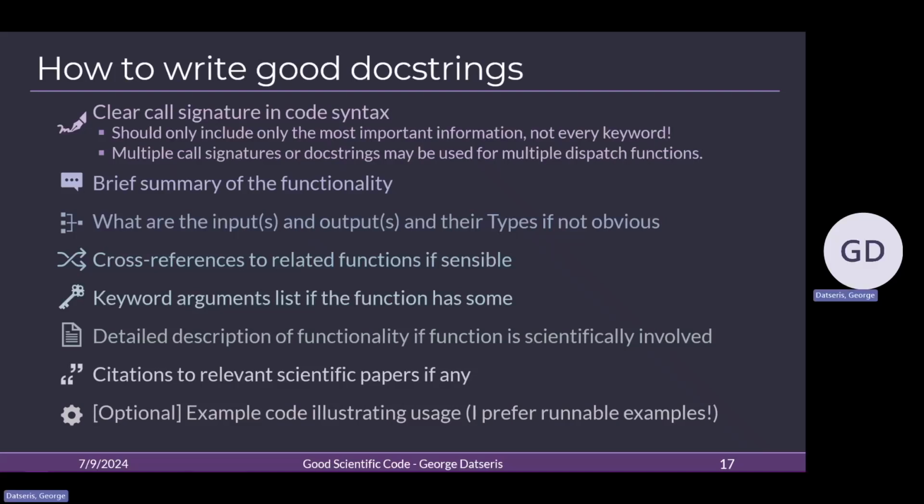Personally, I'm a huge fan of writing my own stuff. So therefore, I don't have much experience with this automatic generation. I prefer to write my own stuff because the first sub-bullet point, as you see here, is that, at least in my opinion, the call signature really should have the most important things, right? A function may have many input arguments and many keyword arguments that you could just write as args... in your own version, but maybe the automatic one will list everything. So I have limited experience. Personally, I like to write on my own. It gives me nice traditional control, so to speak.